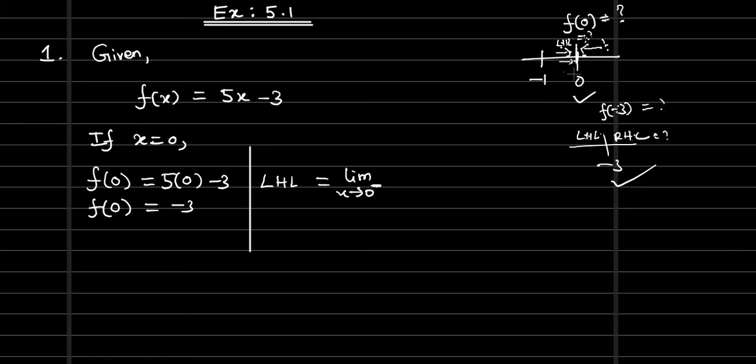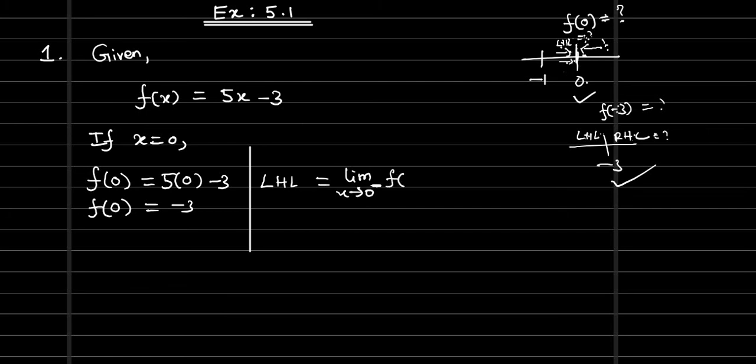Close values, we have an infinite count. So instead of writing all the close values one by one, we mention 0 itself. To represent all the infinite real numbers we take 0, because for all close values, even if you approximately round it, we get 0, right? So that's the reason to have 0 itself here. Your x is approaching towards 0, but that does not mean that x takes exactly 0. That is different. Here I am saying that x is approaching 0, that does not mean that x takes exactly 0. When x takes exactly 0 and when it approaches 0 are totally different. Close values we have infinite, so that's the reason for using 0.